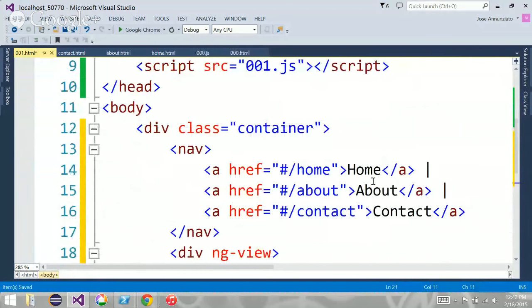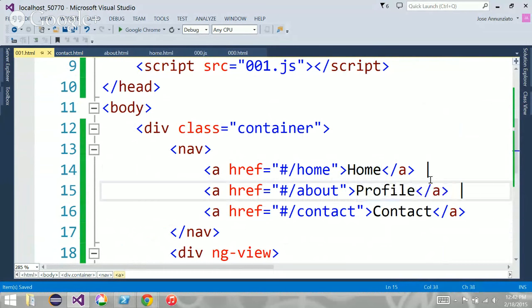Okay, so we have a home. Maybe in the home we have the search, right? Maybe we have that in the search. Maybe we have a profile, right? In the profiles, we can list the things that are my favorites, right?